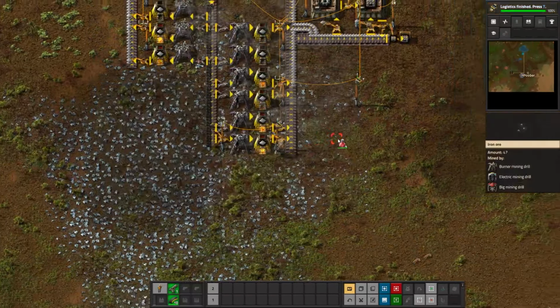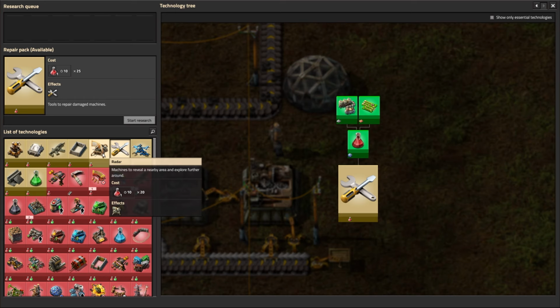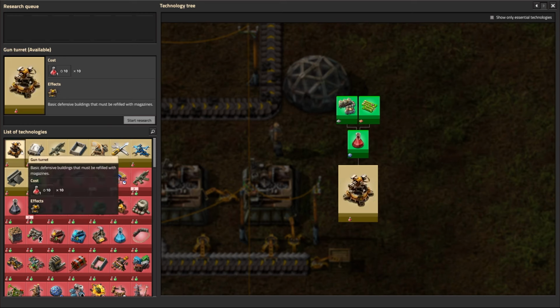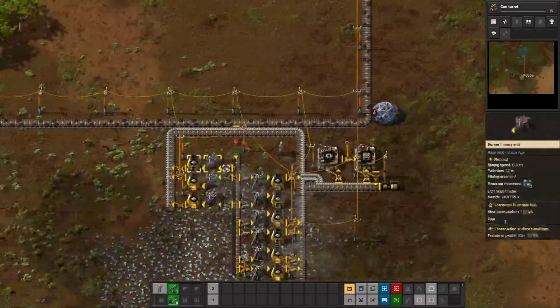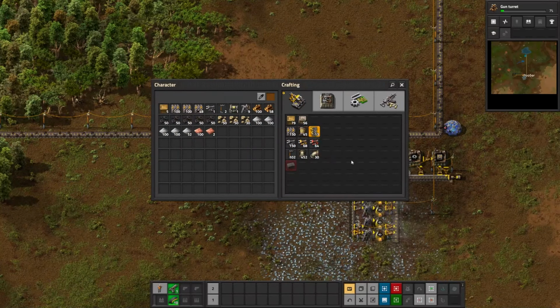Logistics research is done. Can put the excess automation packs in there for now. And what should we research next now? Fast inserters, that would be nice. Repair packs, radar. Ooh. Okay, we're getting into things that are beginning to be more expensive. So let's do some of the cheap items like a gun turret, which only takes red packs. And then we can do the more expensive packs once we actually get, you know, a bus and a mall